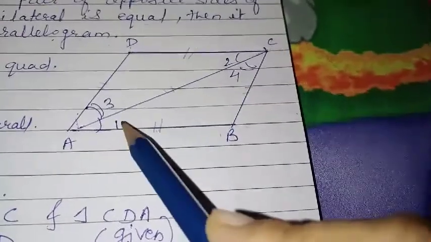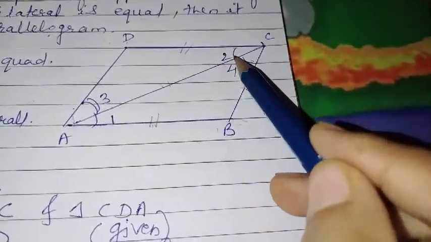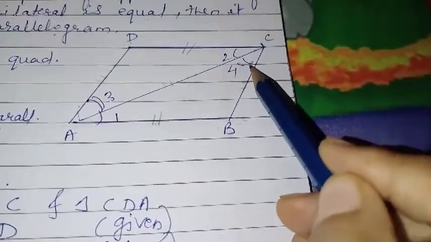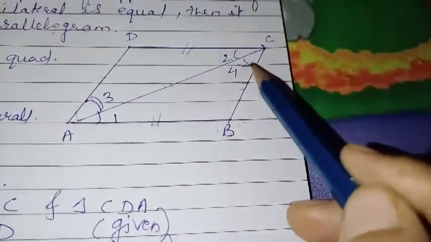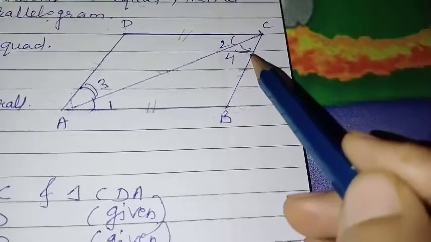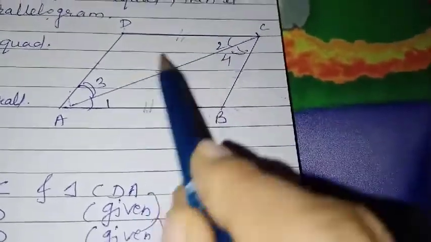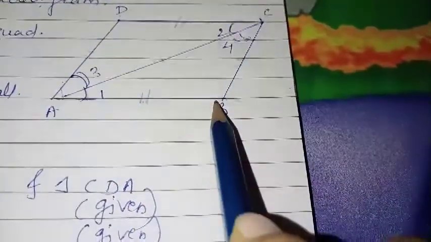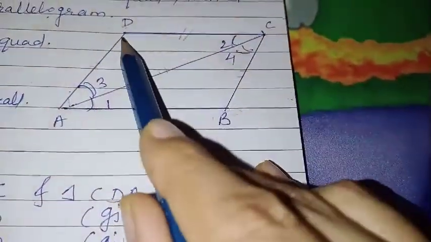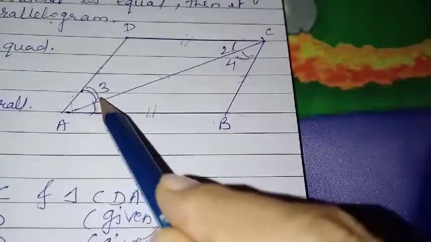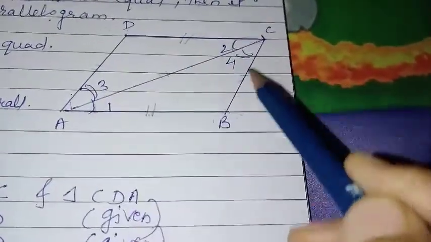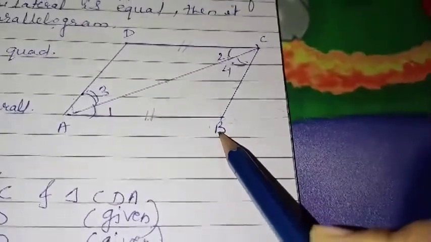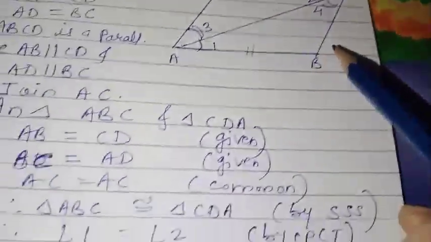Isn't it? Now, can I write angle 1 is equal to angle 2 by CPCT? And similarly, angle 3 is equal to angle 4 by CPCT. And you know that by converse of alternate interior theorem, means अगर ये alternate interior angles है तो फिर line has to be parallel. So AB parallel to CD, and similarly if 3 is equal to 4, AD parallel to BC by converse of alternate interior theorem, and therefore ABCD is a parallelogram.